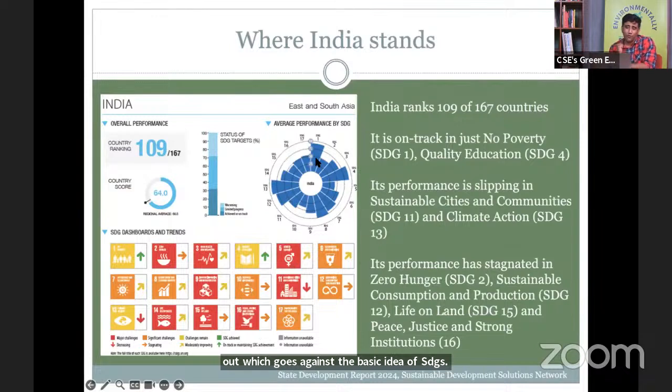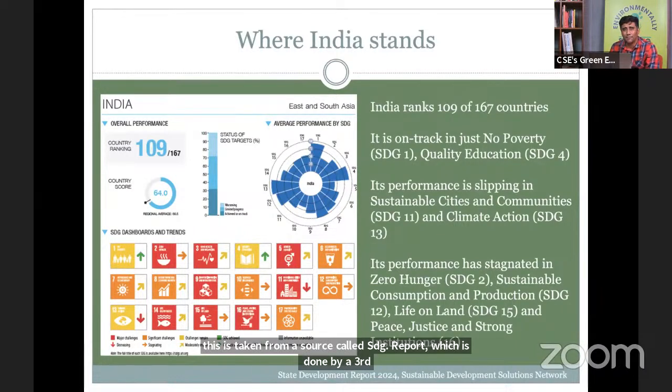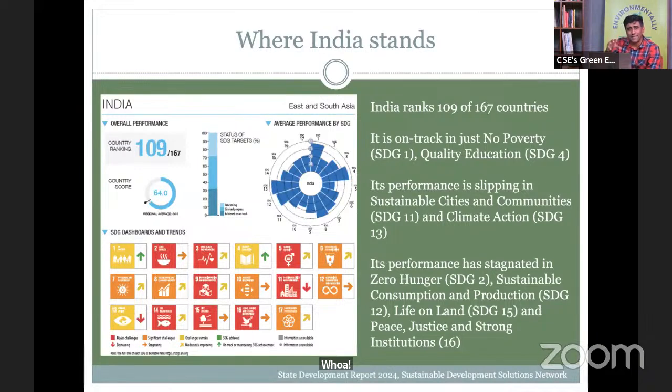So now let's move on to where India stands. So this is taken from a source called the SDG report, which is done by a third-party agency. They have been doing it every year since 2016 or 17. So they basically rank all the countries. They could get data for only 167 countries. For the remaining countries, which are mostly from Africa and other places, data is not available. So out of those 167 countries, India stands at 109,